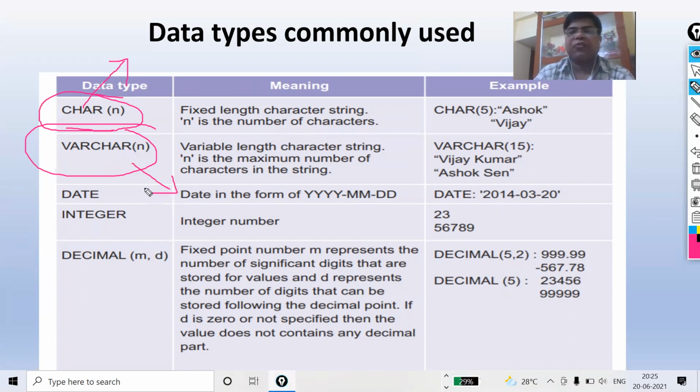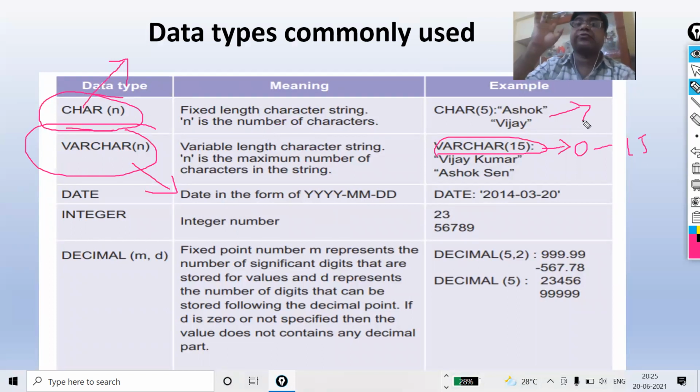It means if I use varchar 15, my number of letters can be 0 up to a maximum of 15. But when I'm using char 5, my number of characters is fixed, that will be 5. Even if I write Anu, it will still be 5. 5 spaces will be occupied.